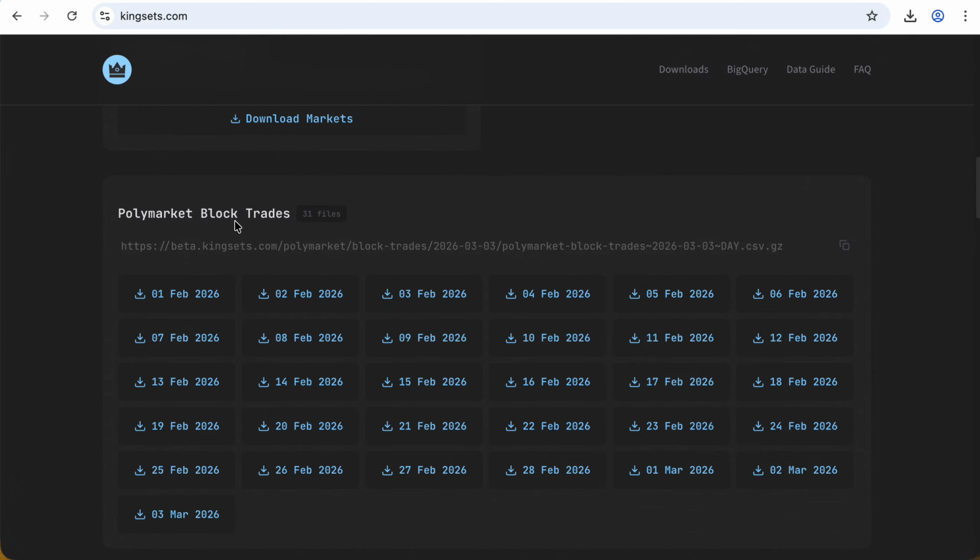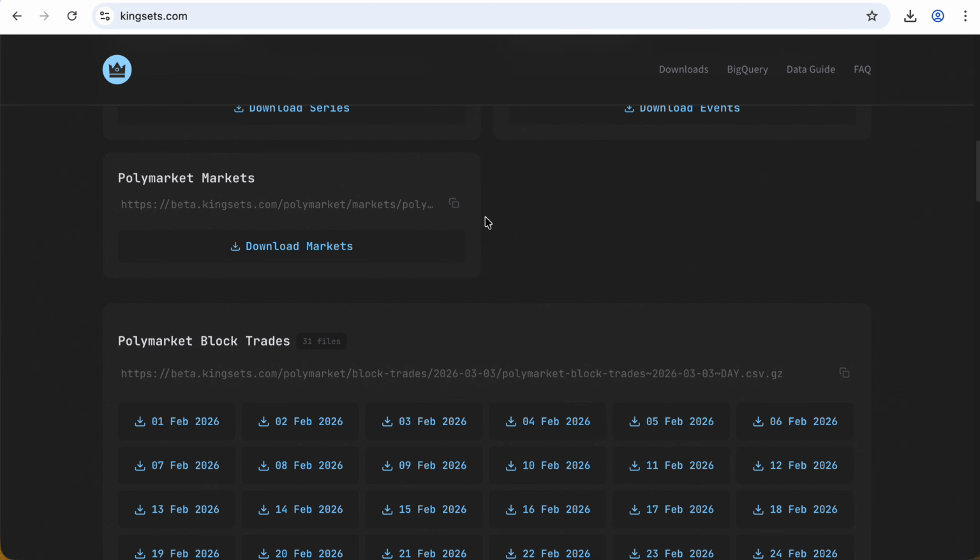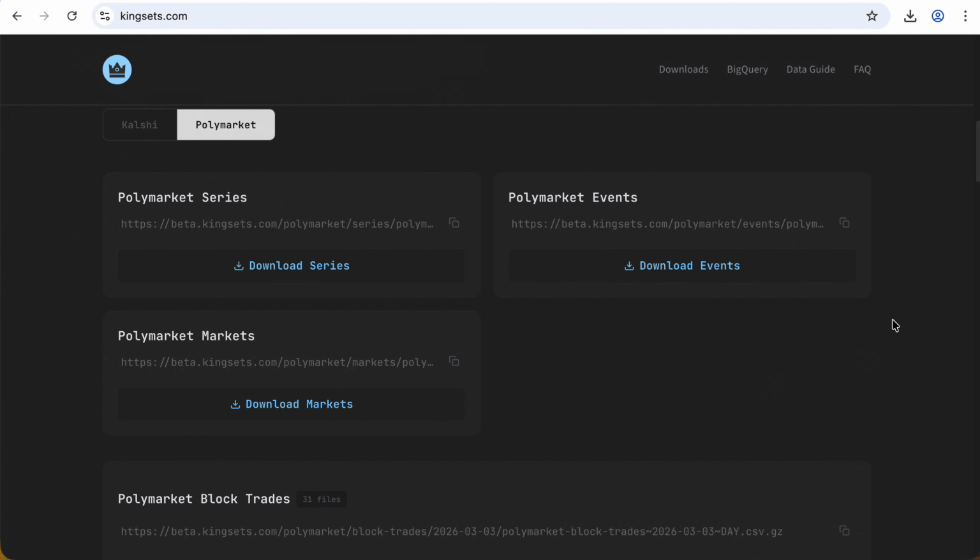Polymarket, we ingest from chain, so for example, I didn't call them trades, I call them block trades. The difference is mainly due to the fact that when ingesting from the chain, we don't really have the date and time when the trades got matched off chain. We have the date and time when the trade got pushed into the Polygon blockchain by Polymarket. But we have a way of sorting them. I'm going to show you shortly, when we show you the BigQuery datasets.